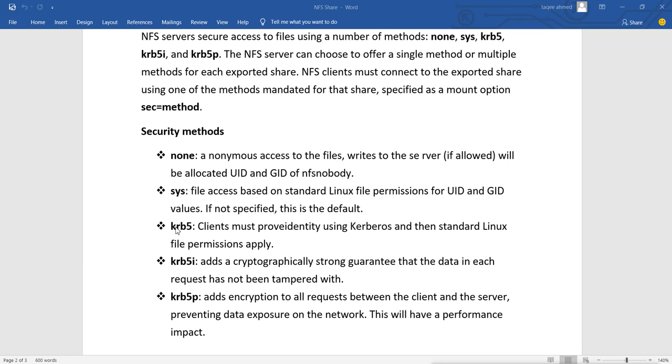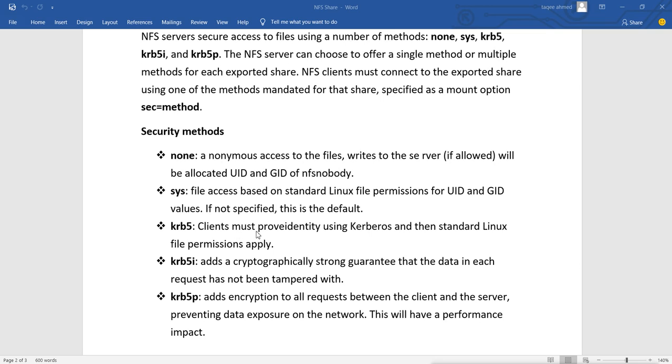Now krb5, what will it do? The client must authenticate using Kerberos, and then standard Linux file permissions apply. So first to connect, it secures the connection also, and these permissions are what you get after connecting. Here it will secure the connection also.